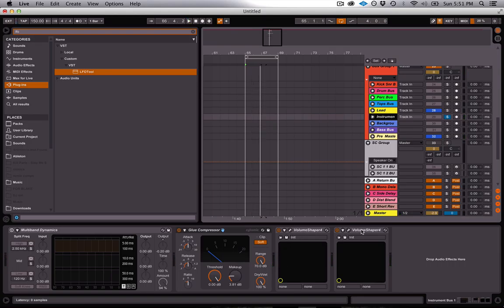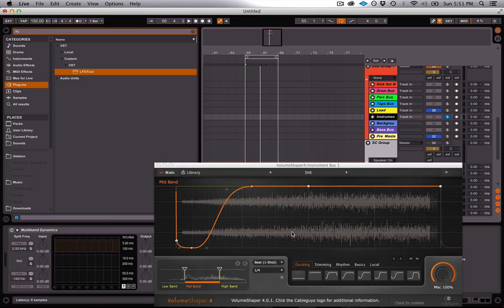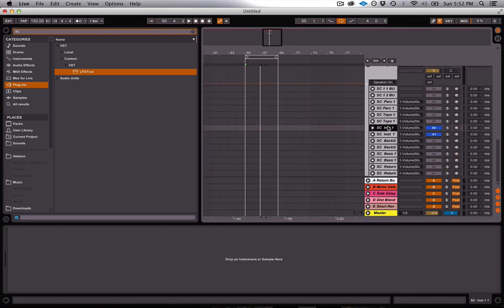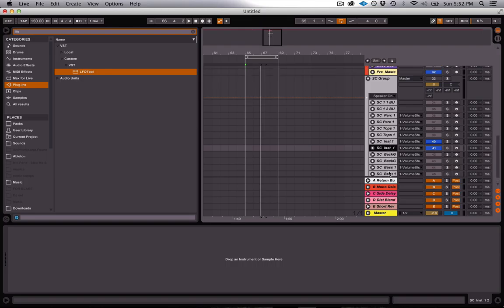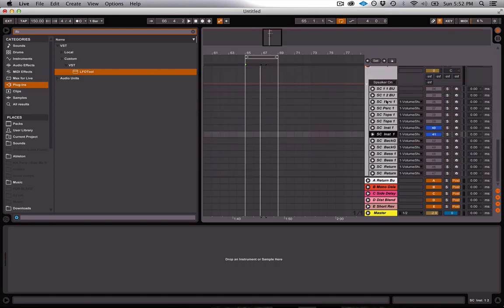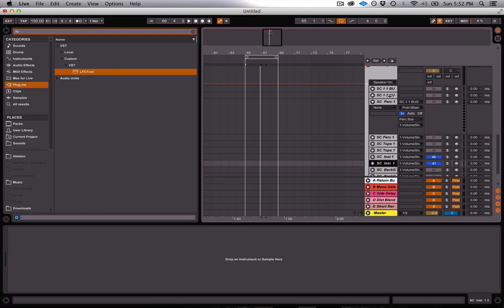Now I'm using Volume Shaper instead of the LFO tool. It's a very similar concept. I think this has a few more options, so I went with that. And so what I've done here is, if you see here, on all these I got perk, tops, instrument, background, bass, and return. So I've got this kick and the snare triggered. This is coming from sidechain 1 bus. So this one's coming from kick 1, this one's coming from snare,